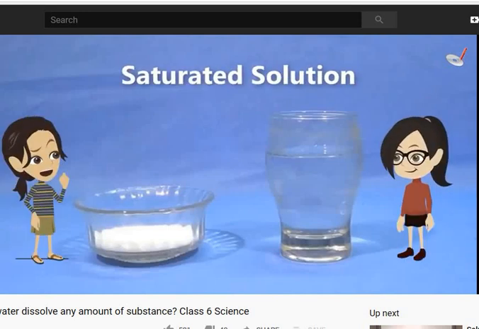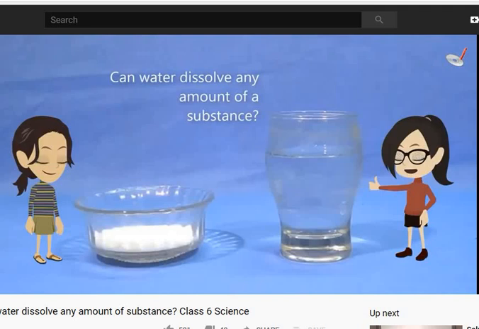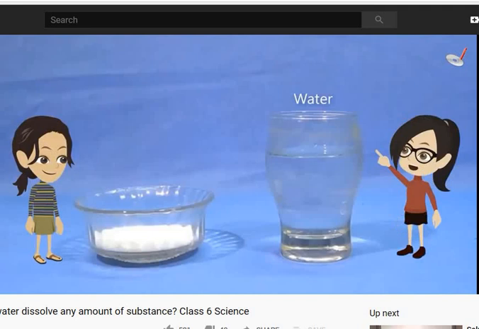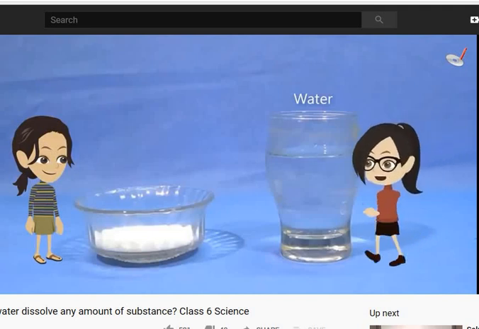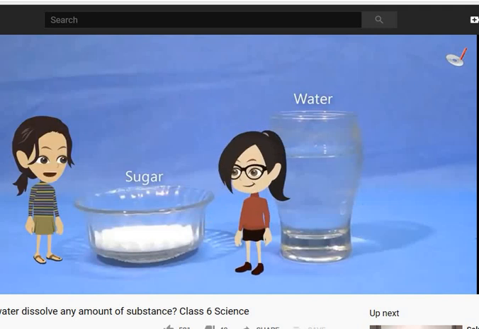What are we going to do today? I want to test whether a glass of water can dissolve any amount of sugar. What's there to check? Quite a lot of sugar can be dissolved in a glass of water. I don't think so. Okay then, go ahead and test it. We shall find out the truth. This glass contains water, while this bowl has sugar. Only this much sugar. Bring some more. Let this much sugar get dissolved in the water first. Then I will bring some more. Okay, let's start.